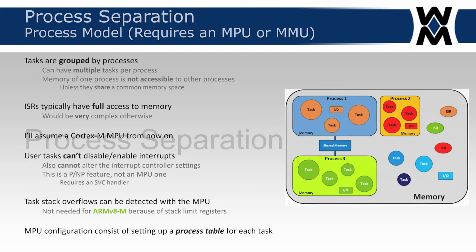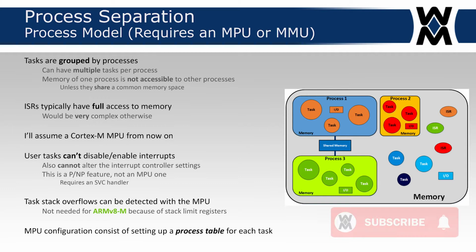Process separation and the use of an MPU or MMU, memory management unit or memory protection unit. In this particular case, we use the MPU to put fences around tasks and memory. So we put a fence in the case of process number 1 here. You put a big fence around all these memory locations and you say these tasks are allowed to access these